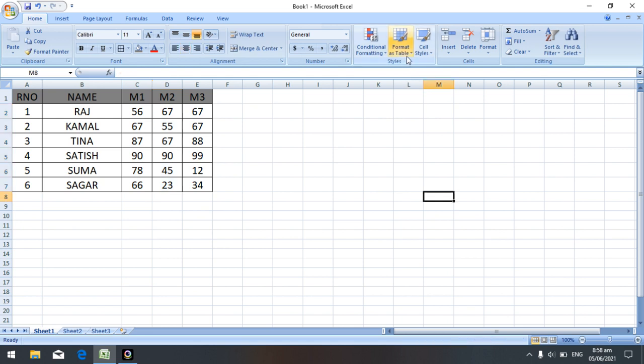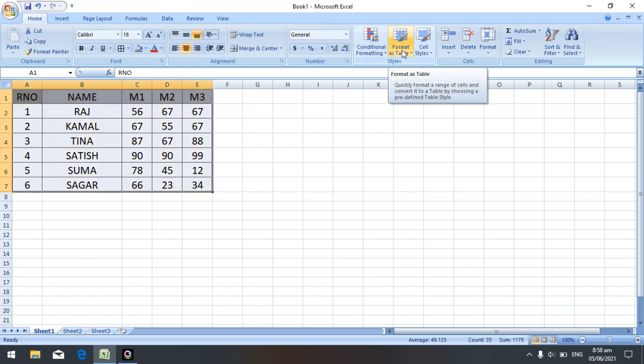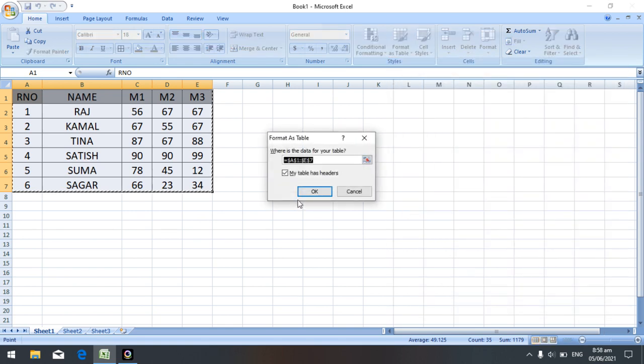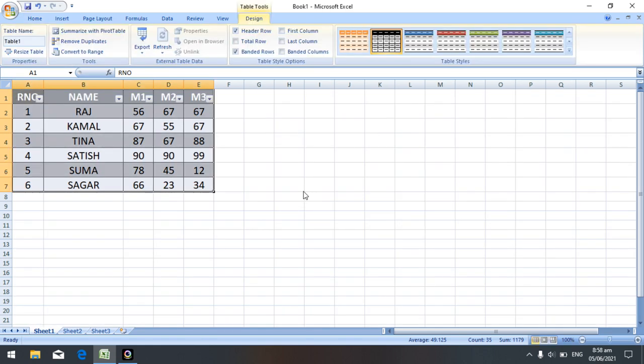Next one is format as table. Once you have created the table, you can apply different colors. Automatically it clears the table.